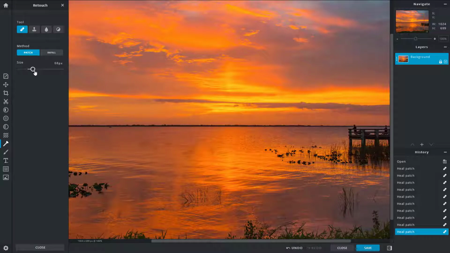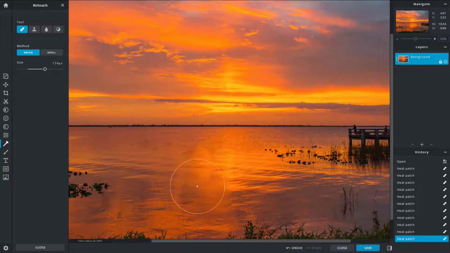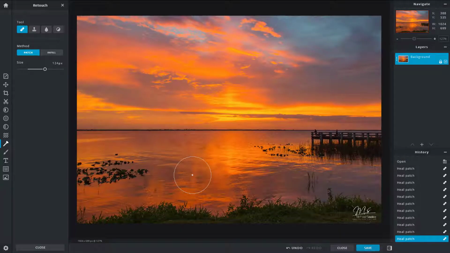So you can increase the size of the brush over here as well. You can really increase it so that I can cover the whole of this. And if I were to click this, you can see that that will be smoothened out as well. It is taking a bit of time, but it has smoothened out, as you can see right over there. So that's what the heal tool does.